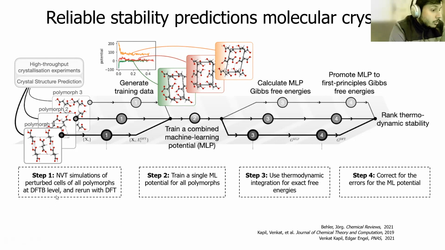For people who don't know, DFTB is a much cheaper semi-empirical level which you can work with in the same way as density functional theory. You don't really compute your Kohn-Sham orbitals in this case, you just have to do matrix inversion. So this is a much cheaper method. We use this cheaper method, which has been shown to be okay-ish for these systems, and generate